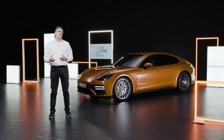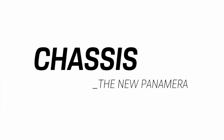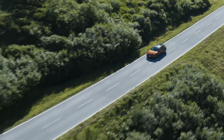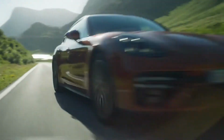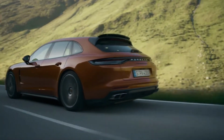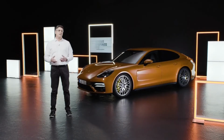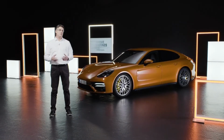Our goal was to further develop the uniquely broad blend of driving comfort and dynamics in the new Panamera. Through optimization of the chassis systems, it was possible to significantly increase driving comfort. At the same time, it was possible to further improve the already exceptional handling. The traction, stability, agility, and braking performance of the new Panamera remain without doubt the benchmark in the top saloon